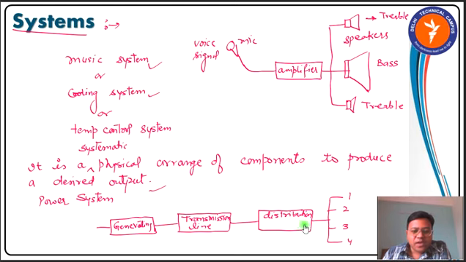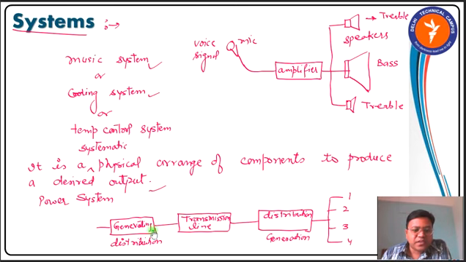Now just imagine that if I replace or shuffle these components, instead of having a generating station here, can I have a distribution block here? And instead of this distribution, can I have a generating block here? Obviously not. Interchanging these blocks will not work, because these are designed, or ordered, in a way to perform an appropriate task or the desired task, and the desired task can only be performed when